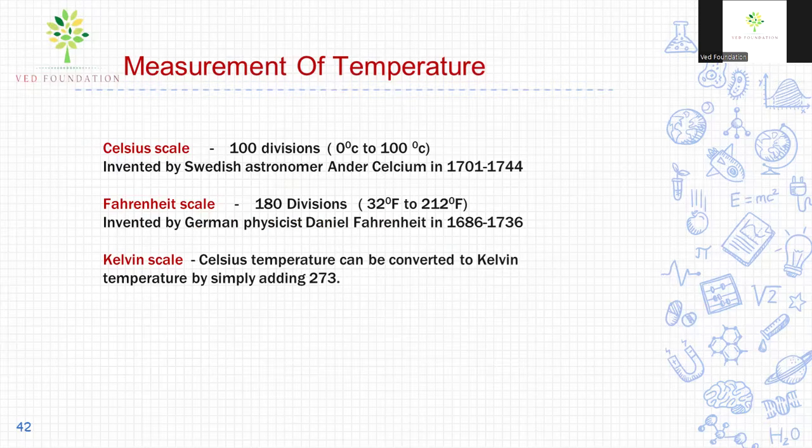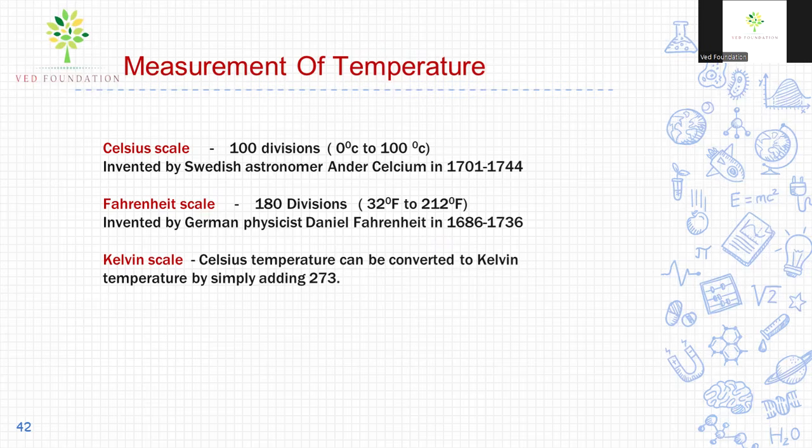Celsius scale. So there are three temperature scales: Celsius scale, Fahrenheit scale, Kelvin scale. In Celsius scale there are 100 divisions from 0 degree Celsius to 100 degree Celsius, and this scale was invented by Swedish astronomer Anders Celsius, 1701